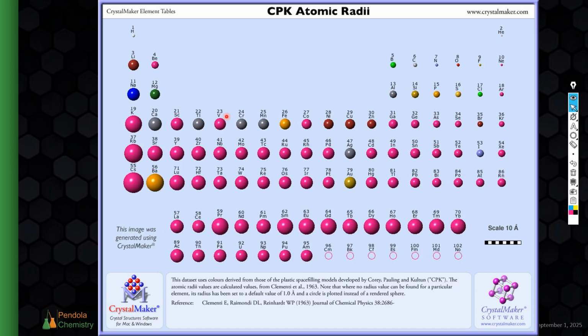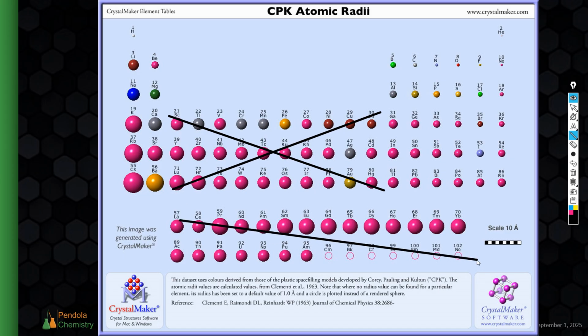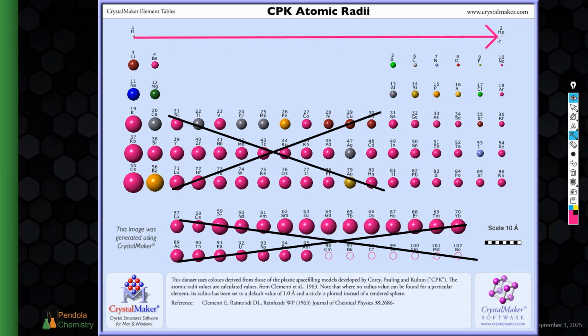So we can see here, again, when we're doing this, we're kind of going to ignore the transition metals, because the transition metals provide a lot of exceptions that are not going to follow these rules. Same thing with the inner transition metals. We're just going to look at the representative elements. And we can see here how going across a period, so let's use pink for this, going across a period from left to right,